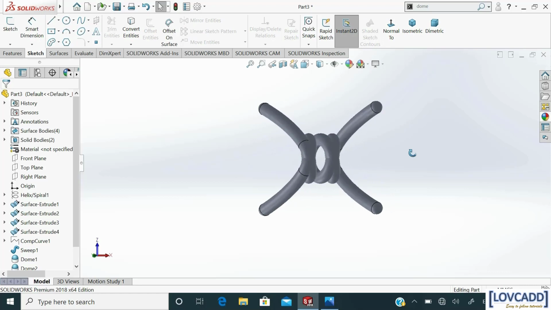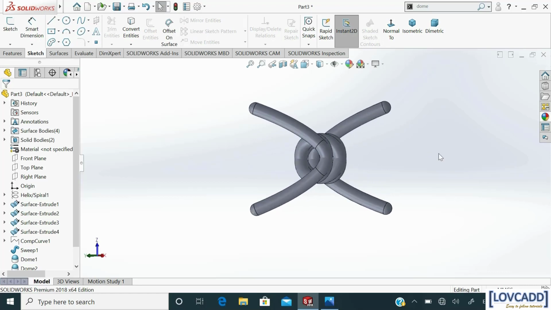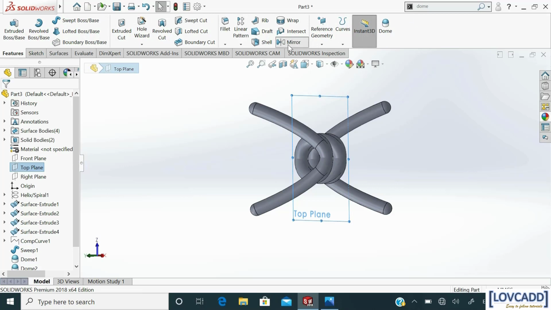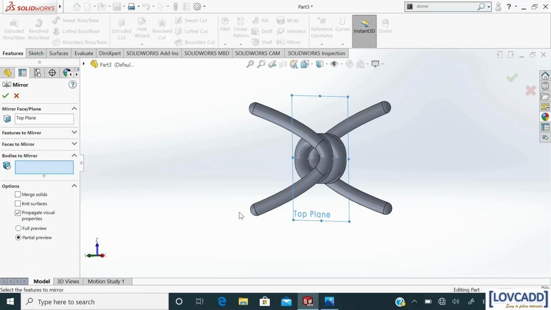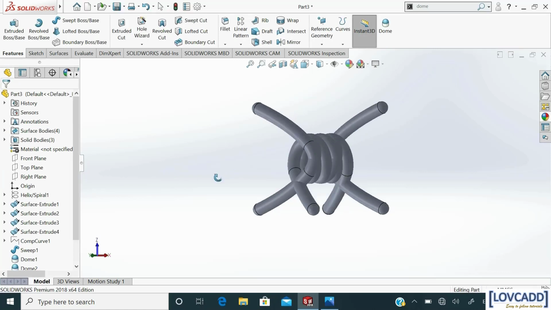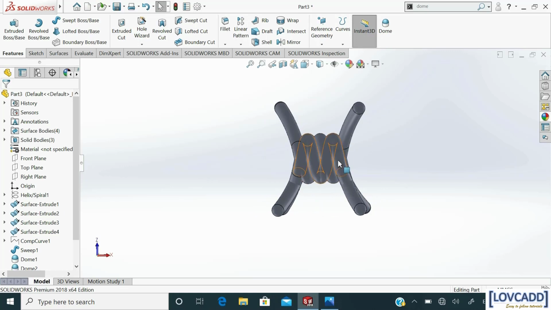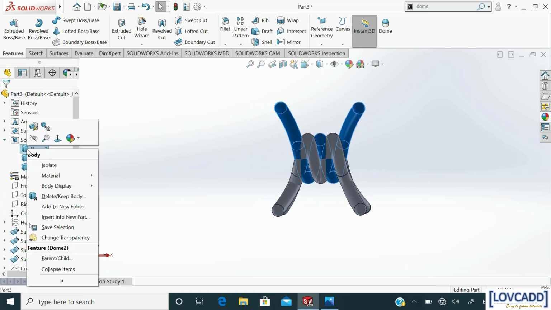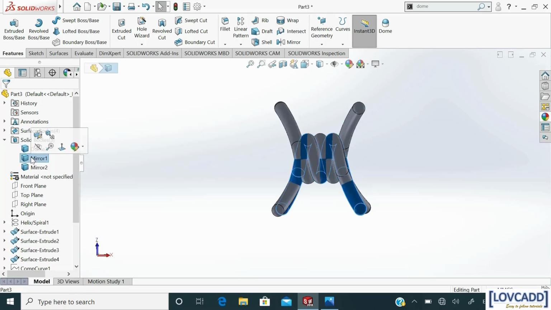Now again we have to mirror to fill these voids. For this, now select top plane, go to mirror, select the body and press OK. Now I am going to remove one body. So that is mirror 1.